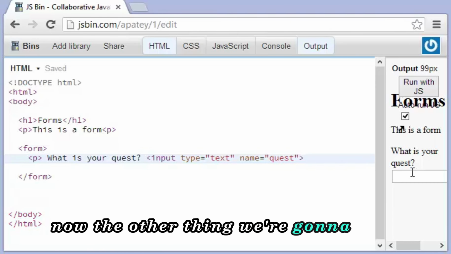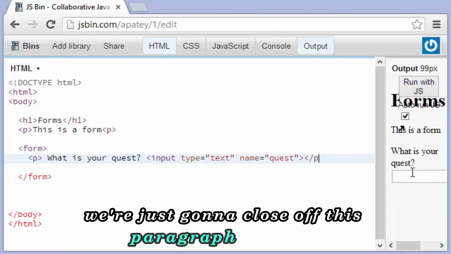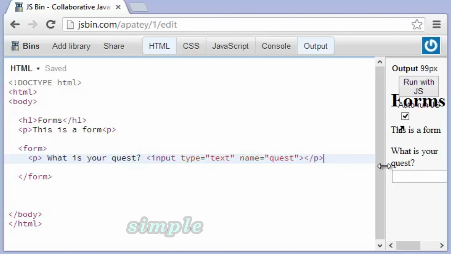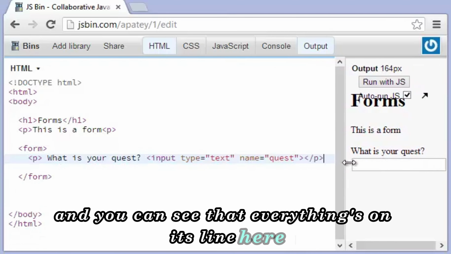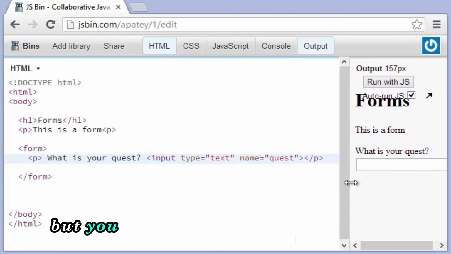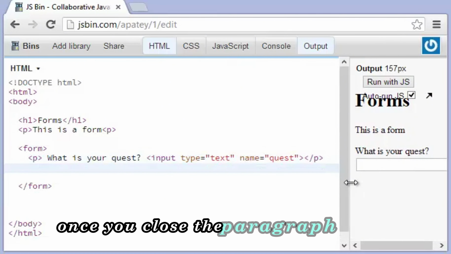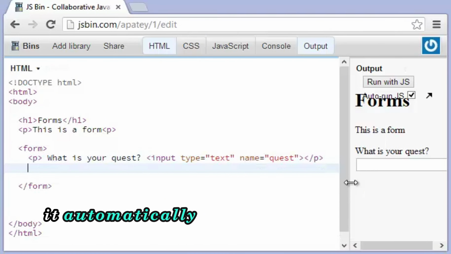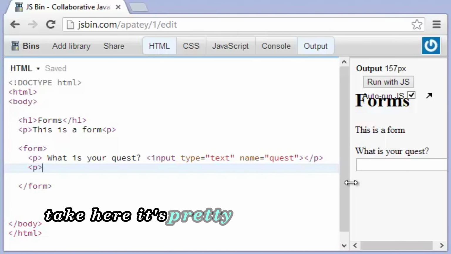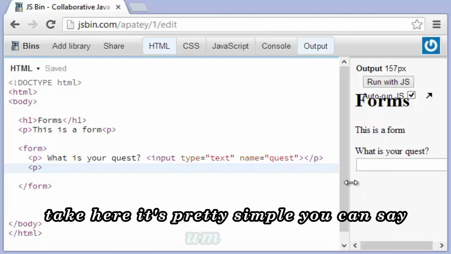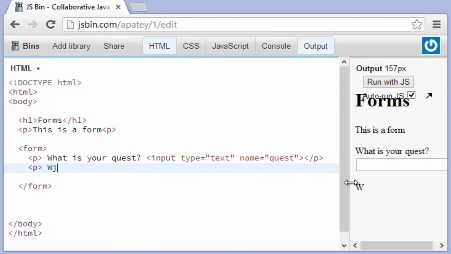Now the other thing we're going to do is we're just going to close off this paragraph tag, okay? Simple enough, okay? And you can see that everything's on its own line here. And I haven't mentioned this, but you've probably already noticed that once you close the paragraph tag, it automatically puts it to the next line, okay? So what we can do is we can add another paragraph tag here. It's pretty simple. You can say, what